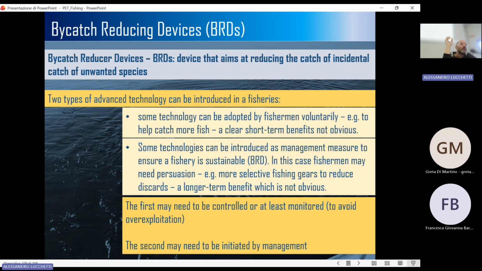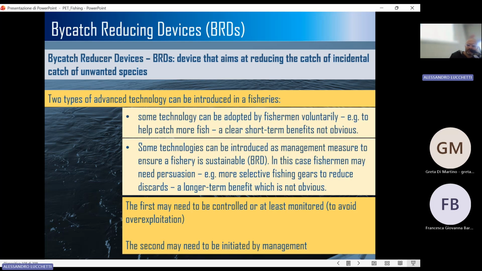It's a new gear introduced by the fishers. Obviously, the initial target was not to reduce bycatch, absolutely. The reason was to catch bigger swordfish